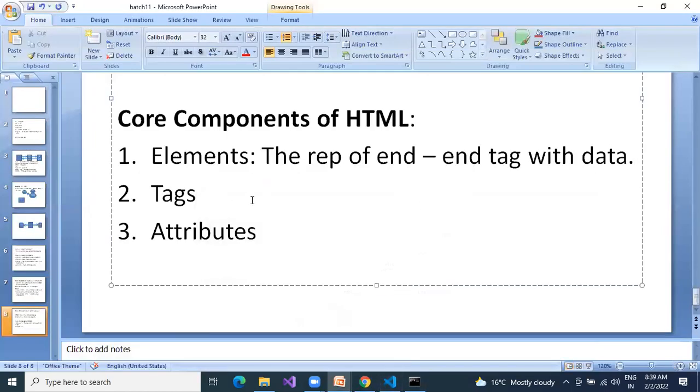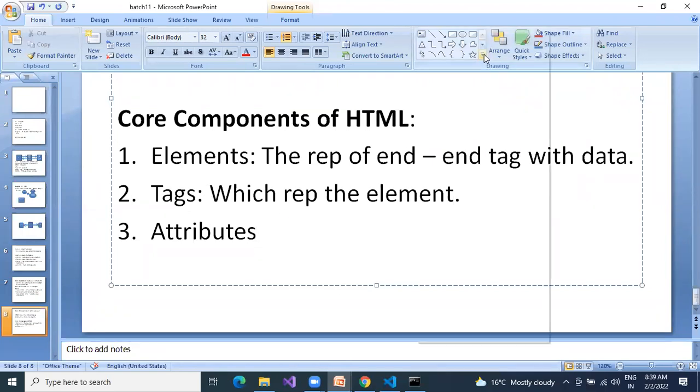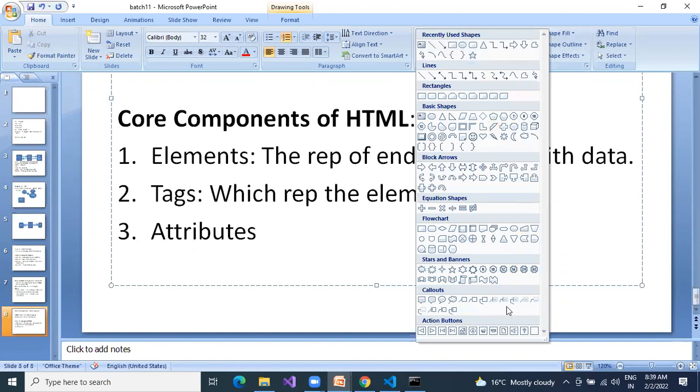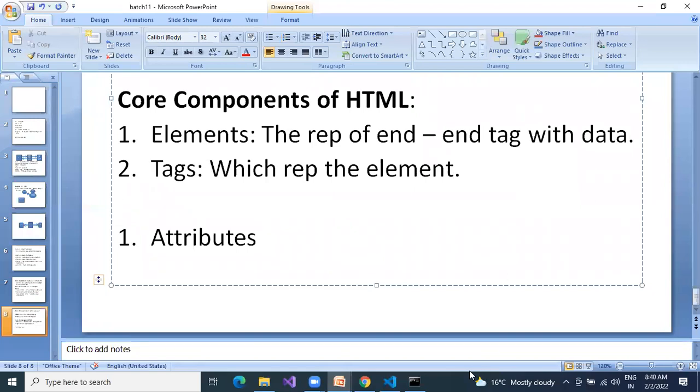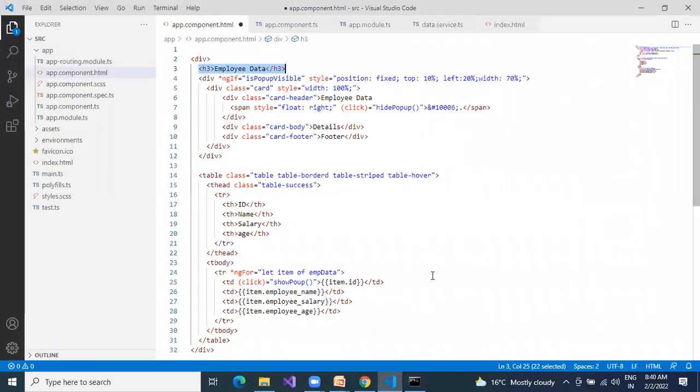Next, what is a tag? A tag will represent the element. Okay, let us take an example. Same example, we'll take it.